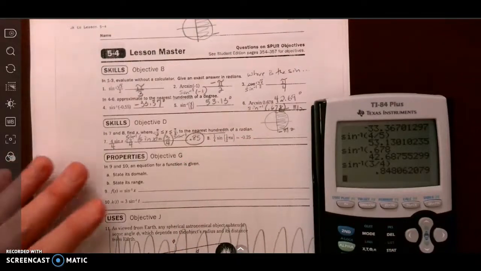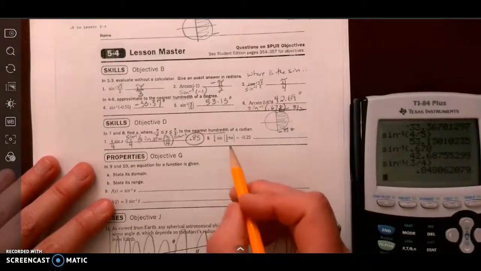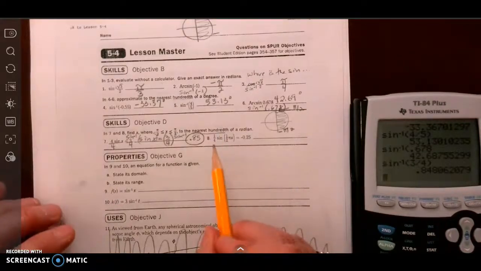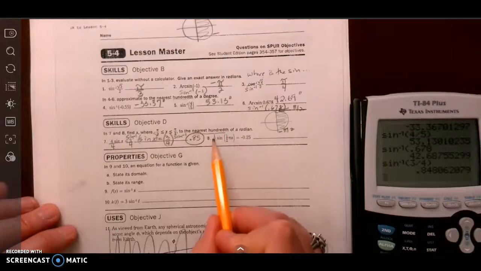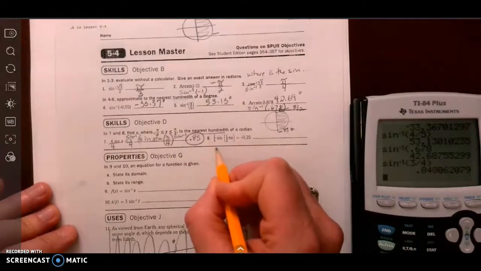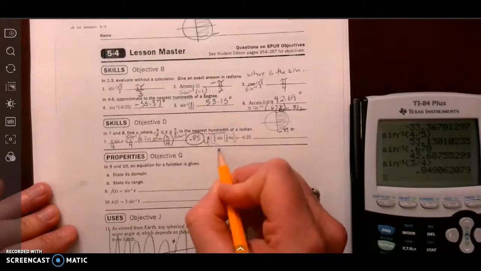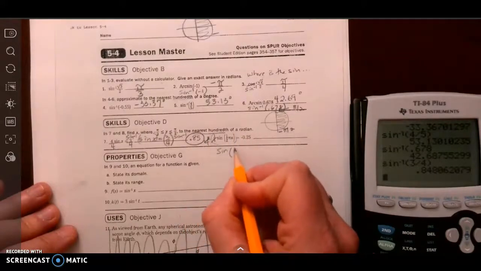Next one. All right, I gotta do a little bit more work here, it looks like. Now, when you look at all this, don't say, oh, I don't know how to do it. Just start going one step at a time, trying to solve for x. This 1/4 on the outside I can get rid of by multiplying both sides by 4. So if I multiply this side by 4, I just get sine. That cancels those out. Sine of 1/2 pi x